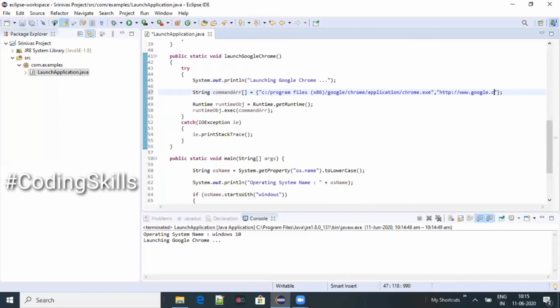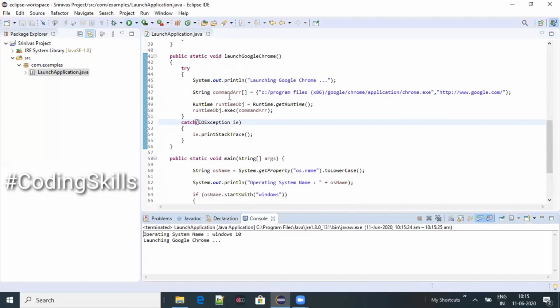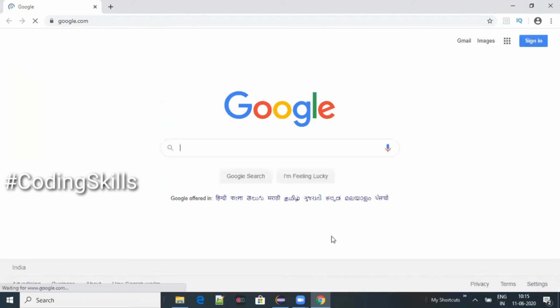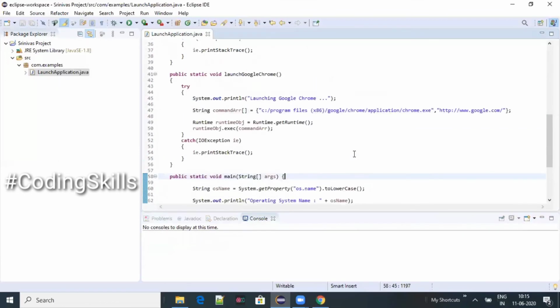So when we run this program again, you should see that Google website gets opened automatically in the Chrome browser. You can see that it is trying to load the Google website. You can see the page is getting loaded. So this way we can launch any application from the runtime object.